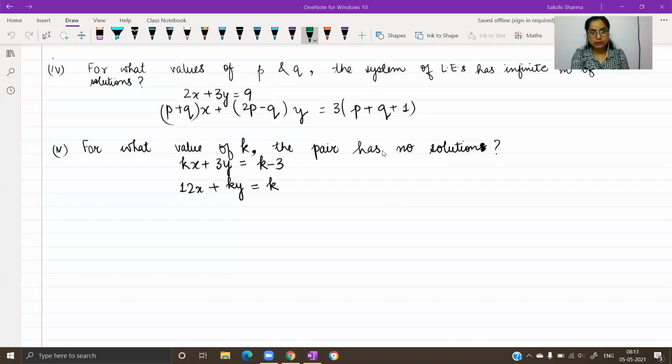Fourth part, we have for what values of P the pair will have infinitely many solutions. So you'll apply the condition for infinitely many solutions and find out the values of P and Q. This is similar to the first part of your question in the textbook. The one you have in your textbook, उसका first part बिल्कुल इसकी तरह है. उसमें भी आपके पास दो variables missing हैं, A and B, and you have to obtain two linear equations in A and B in order to find out A and B. Infinitely many number of solutions. So the equations in this case for fourth part,